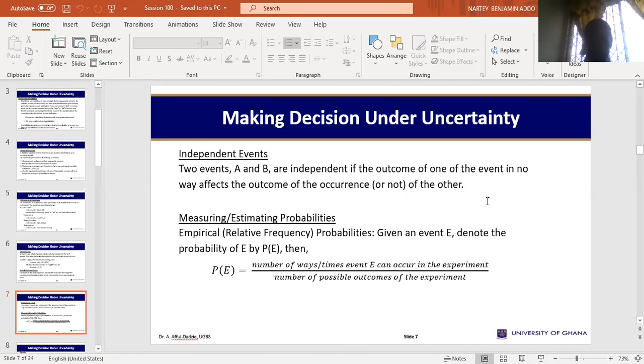If the event is impossible to occur, then the probability will be 0. If the event is a sure event, 100%, then that will be 1. Apart from that, all your probabilities will range between 0 and 1. Take note. So the definition of probability is simply the number of ways or times that events can occur over the number of possible outcomes, as I've explained. If, for example, you have tossed 3 coins, then you should know that the sample space is going to be 8 sets. You have 3 heads